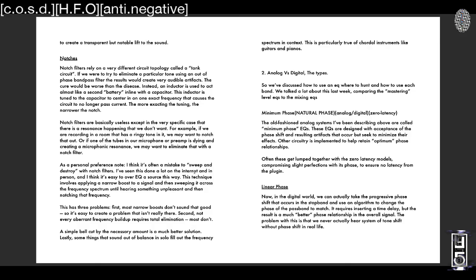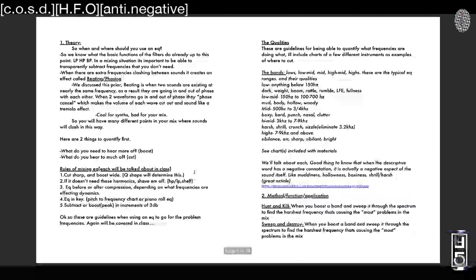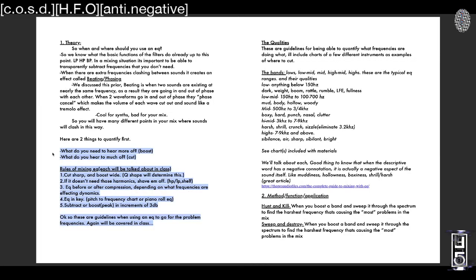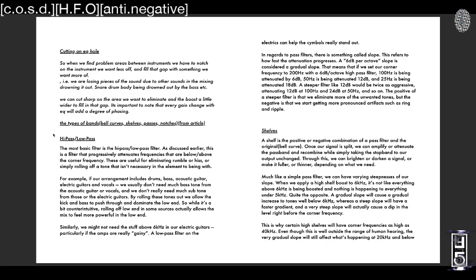All right, so that's pretty cool about the way these filters affect things. Unless you've already known that, you've known that EQ adds phasing by its function, not by its limitation. The function of the EQ is literally to phase. It's to phase out a band and reduce its power by that phasing. And so that brings me to my next point, the types of reduction. We've already talked about this in depth. High pass, low pass. This is here for your reference from another engineer,